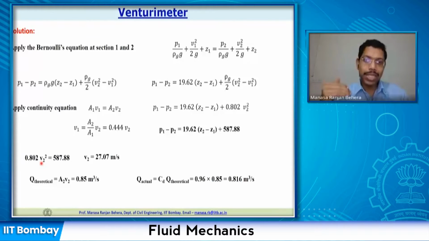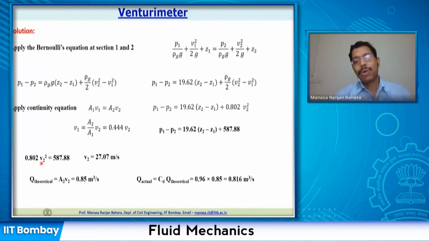Now you can get this discharge straight away by applying the formula also. Both ways are correct. But in case of formula application, you need to remember the formula. Otherwise also it's not so difficult to apply. And we have already seen you really don't have to find out those differences. You can take the delta H, and that itself gives you the total head difference. And taking that you can apply.